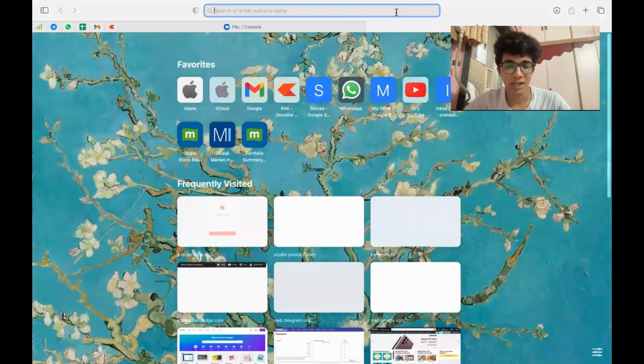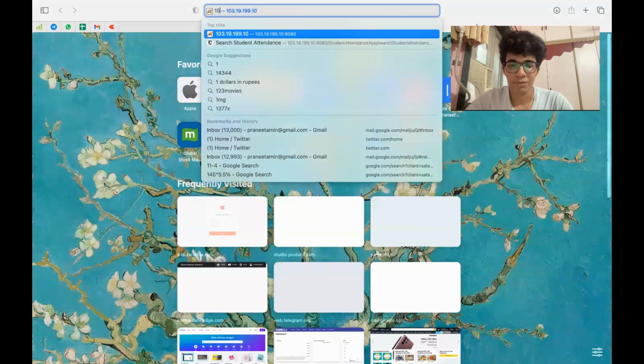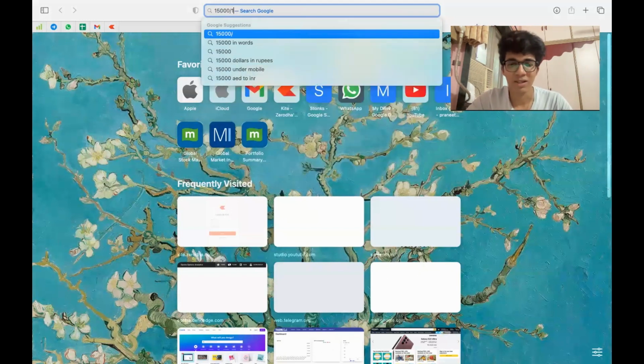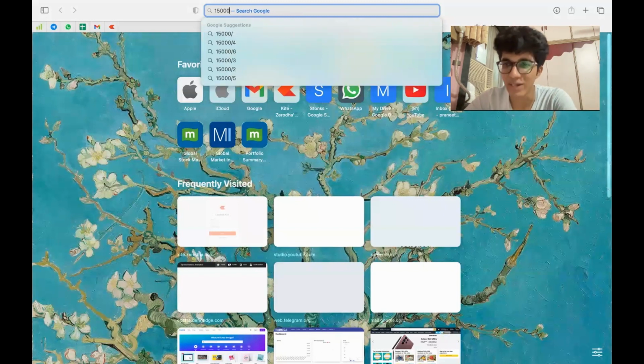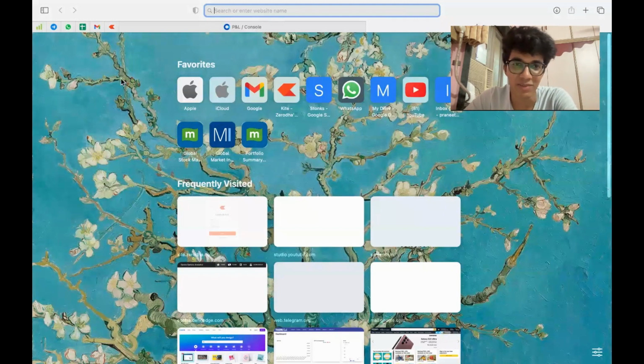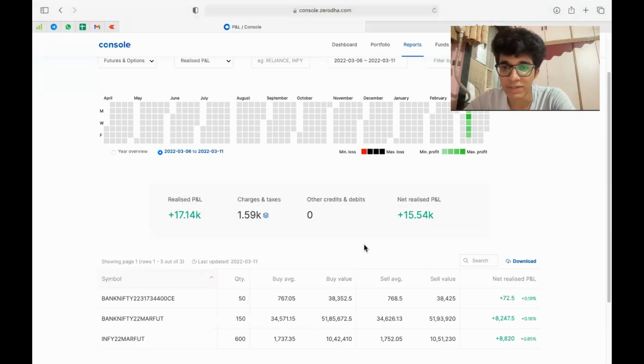If you have seen my videos, you'll see that I always operate in one lot of Bank Nifty, and the Infosys future lot probably costs 90,000. So I'm just going to assume our capital to be 1,50,000. So we made how much? We made 15,000 on 1,50,000. We don't even need to use the calculator, it's just 10%, right? You can use the calculator if you want to. On 1,50,000, we made 15,000 rupees. So that is 10% return.